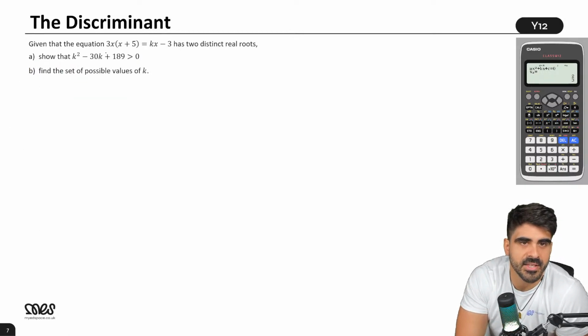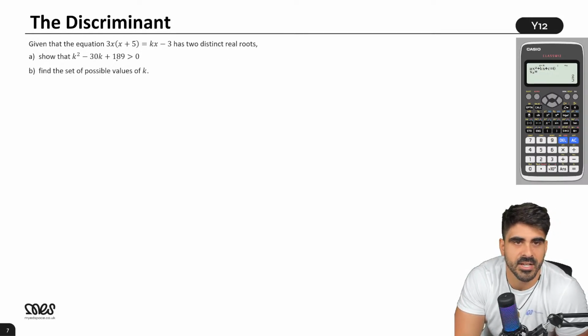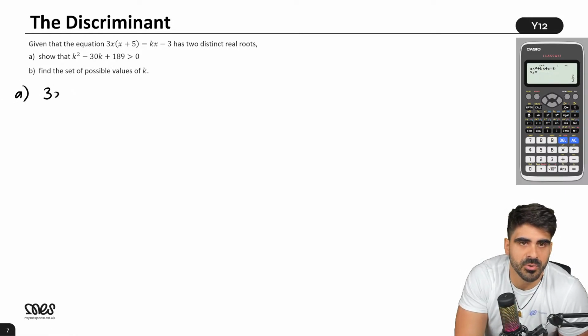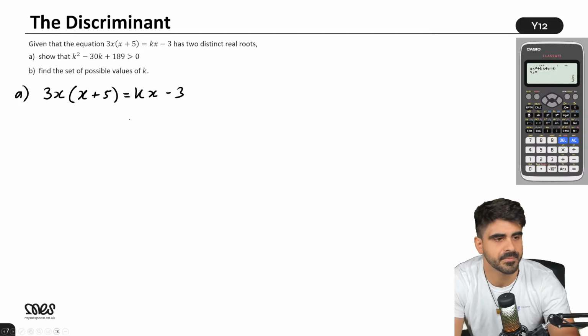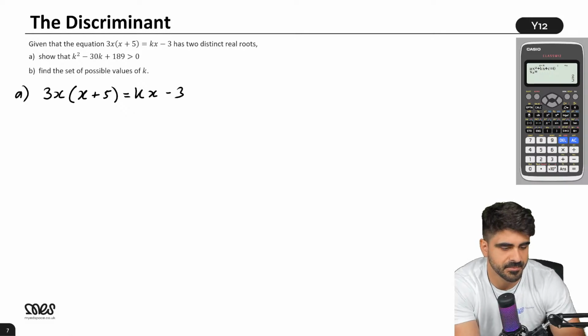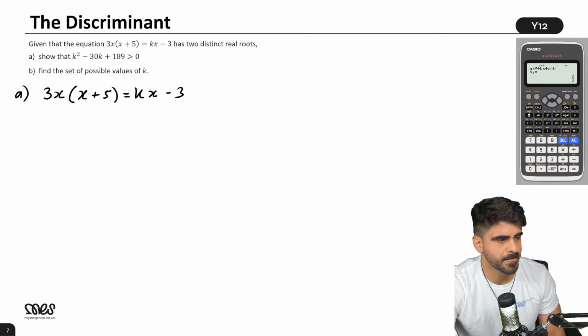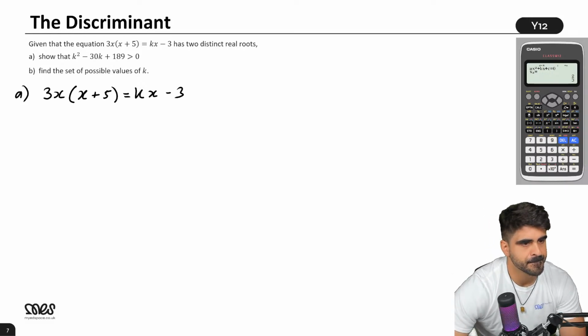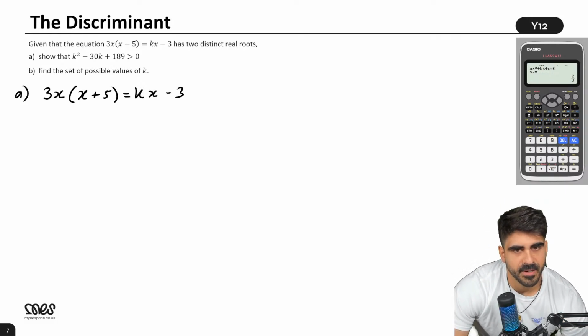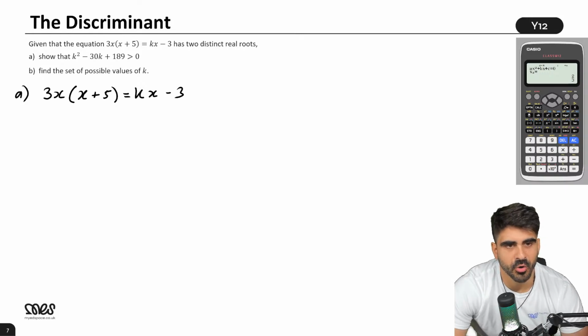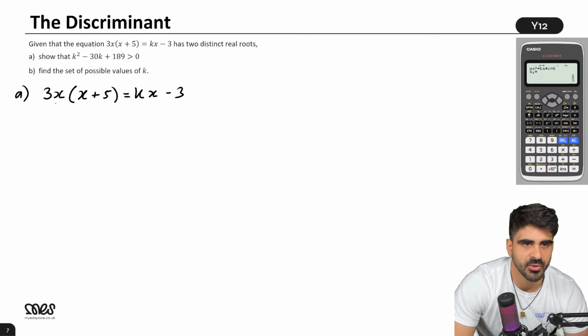All right, so check this out, mate. Given that this equation has 2 distinct real roots, show that k squared minus 30k plus 189 is greater than 0. All right, guys, so what would we do first? We have this equation. What would you do first, mate? Expand. I like that. Yeah, make it into the form of a quadratic. Yeah, I think that's a good idea. So let's expand